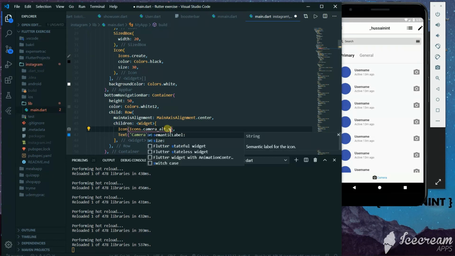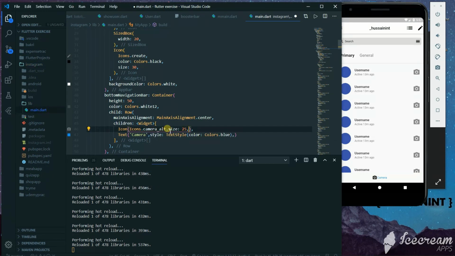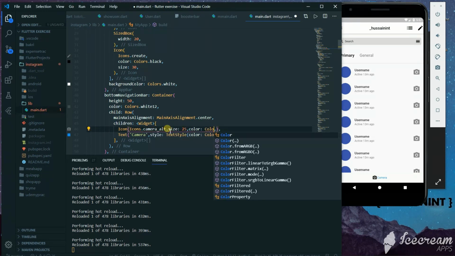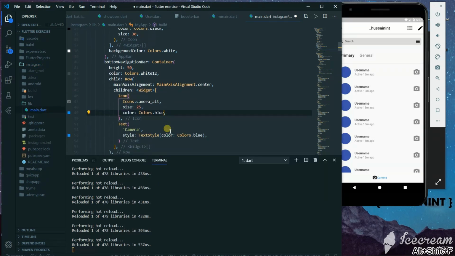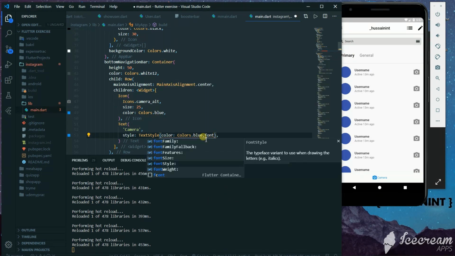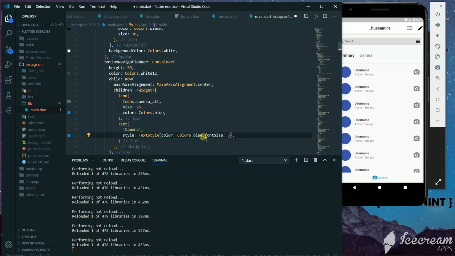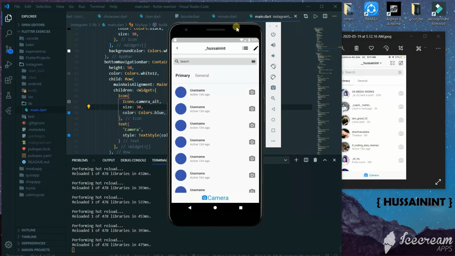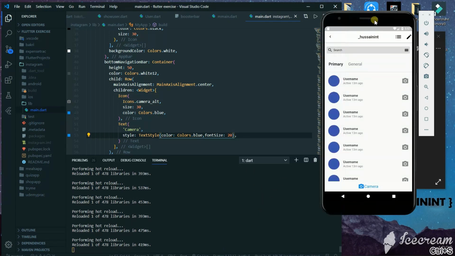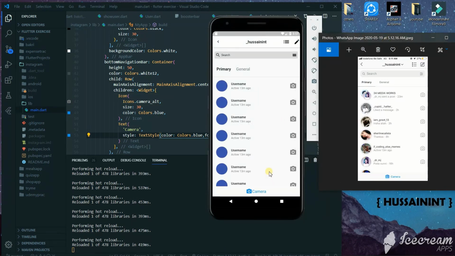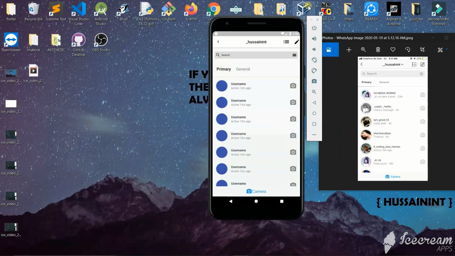We'll give this icon a blue color. First we'll increase the size and we can add a color attribute to it as well, Colors.blue. We'll run this and see. It's pretty similar to the original. We'll give it a font size of 30. Oh, it's pretty big. We'll increase the size of the icon. Now we'll decrease the text size to 20. I think it will look similar now. It looks pretty similar, and we have our Instagram DM area clone.